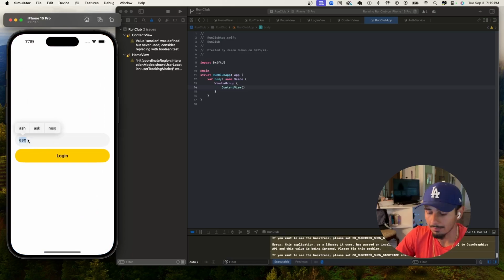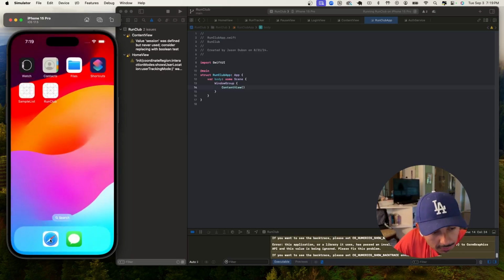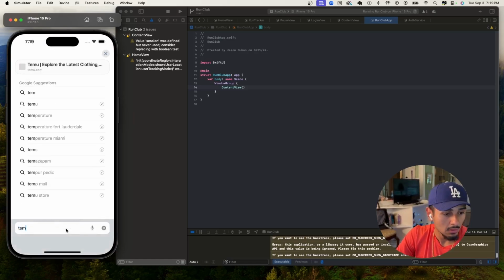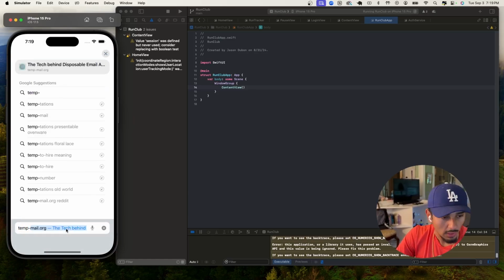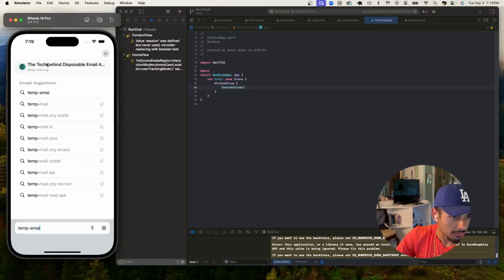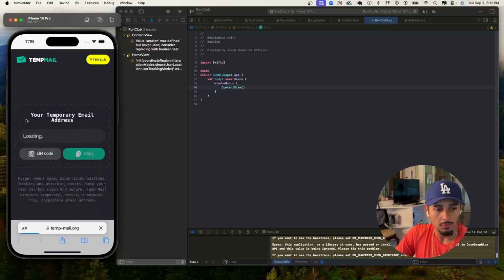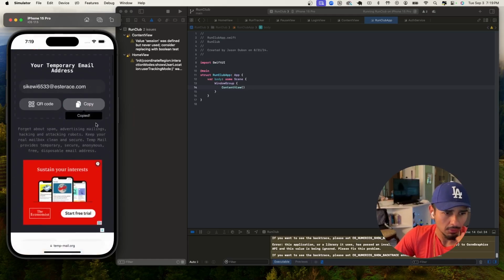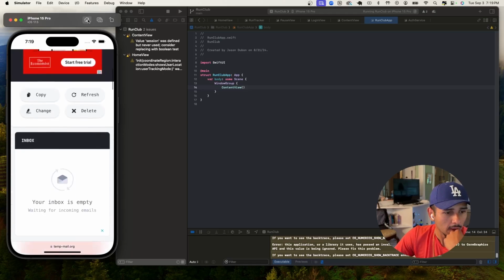I think I broke the app. But actually, if you want to test this sign in with Magic Link, we need to go to our Safari here and look up temp dash mail. This gives you access to a free inbox. So you don't have to set up and sign into your own email here, like on this simulator. Just go here and then you copy that